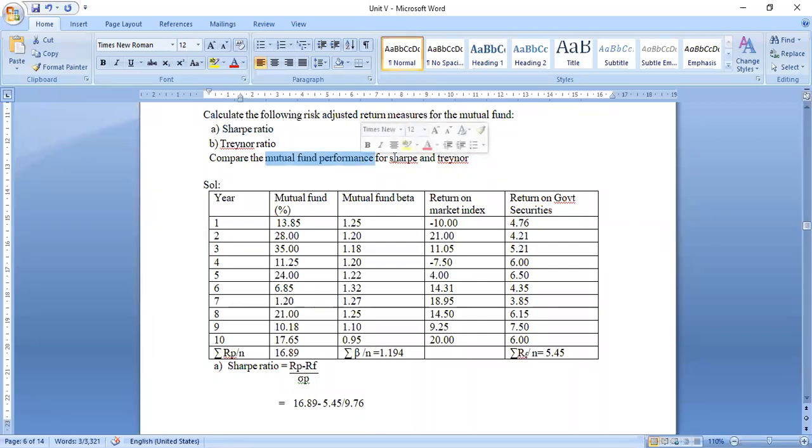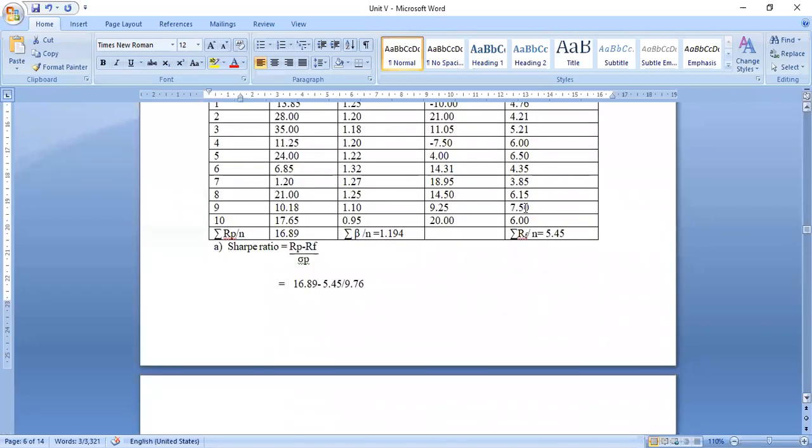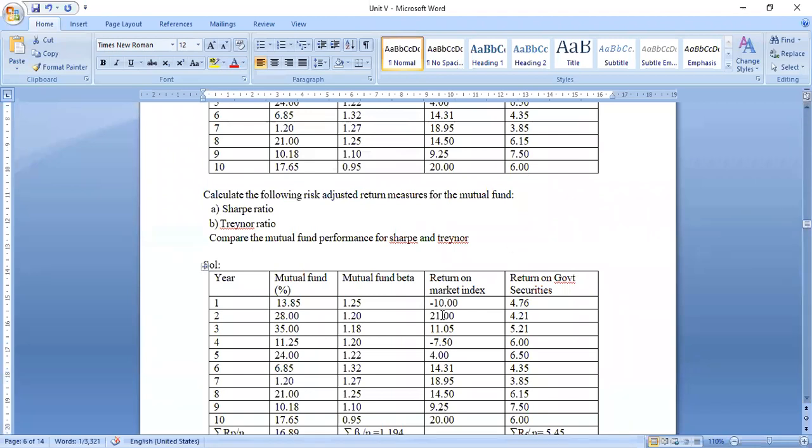And the formula for Sharpe and Trainer will slightly change whenever we are going to make the comparison of mutual fund performance. Then here we should have the portfolio returns. Okay, portfolio return subject to the market. It means it has to be RM. So here we need market returns, and here we need the standard deviation of the portfolio, but the standard deviation of the portfolio should be the return on market index. Okay, one is the returns of market as well as the risk of the market.